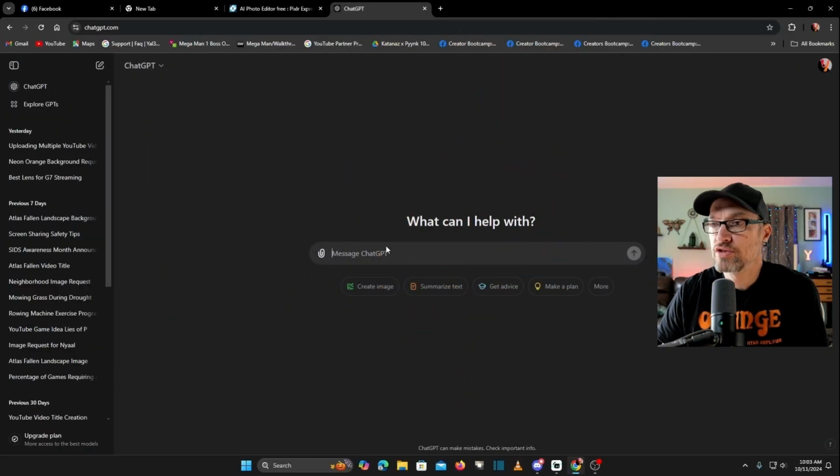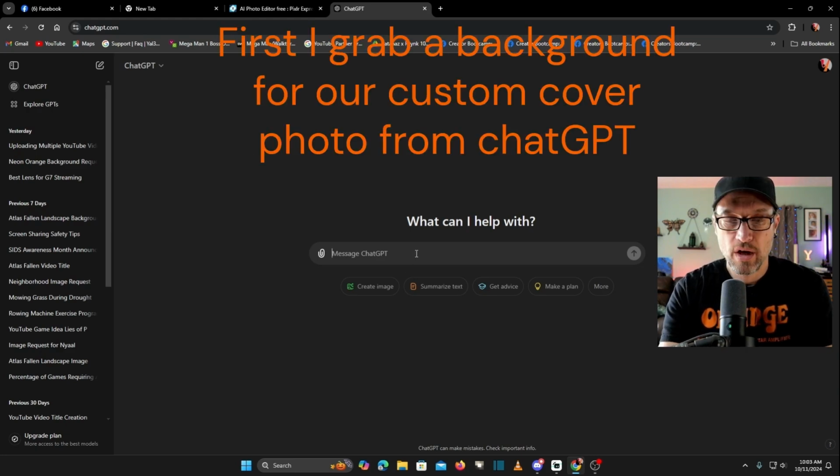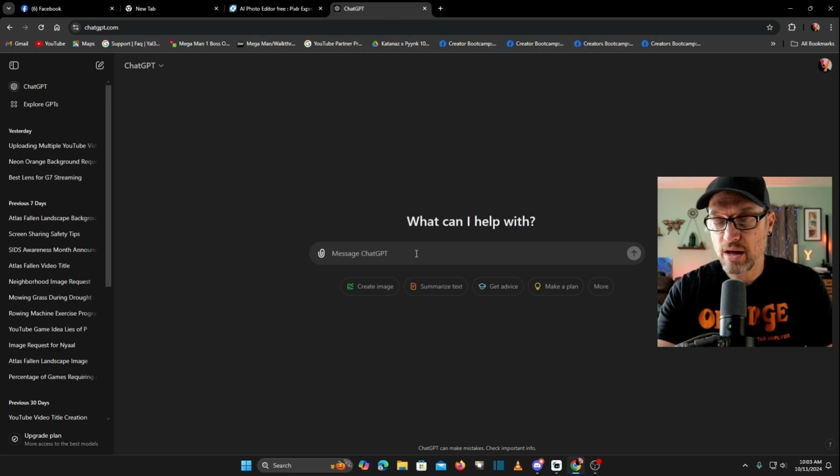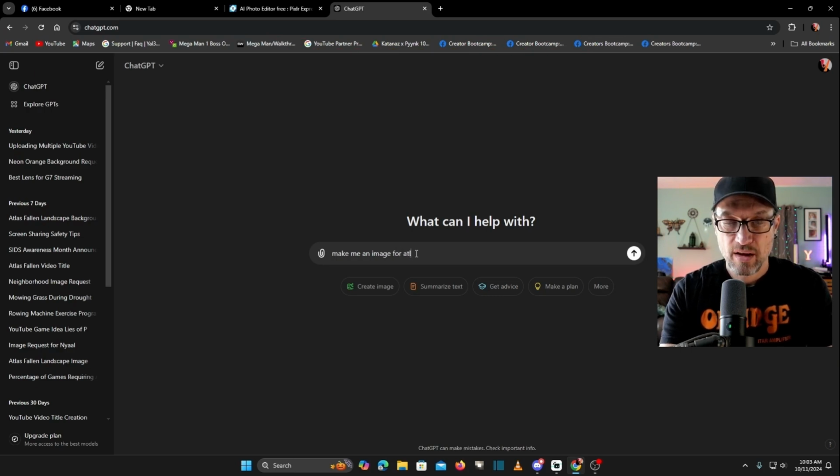So first things first, ChatGPT. We're over here and let's type in what we want. We're going to be making a background for TikTok, and it's for Atlas Fallen, the game. So we'll just do: make me an image for Atlas Fallen that is a landscape image that looks like the